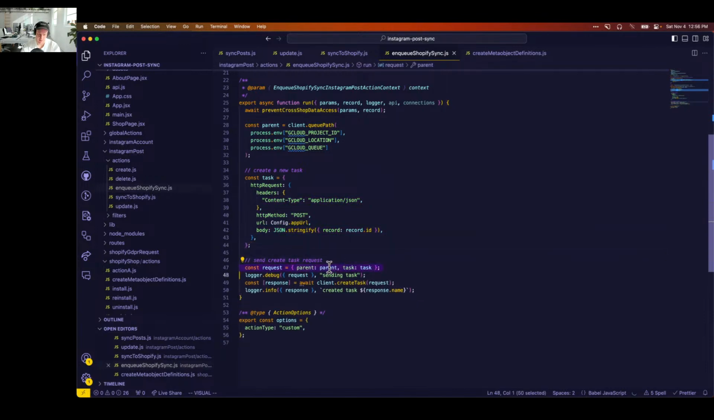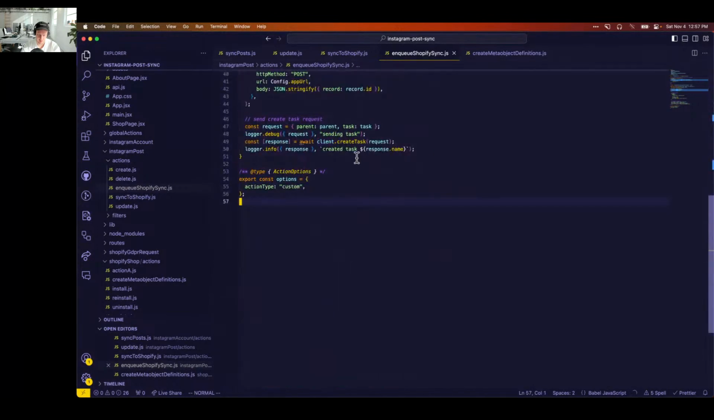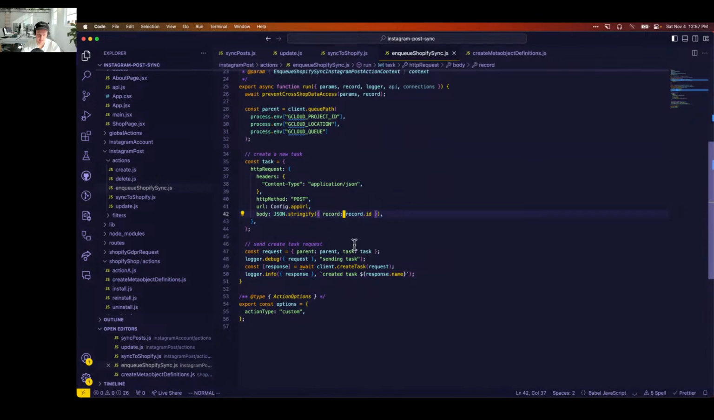Request parent. Oh, right, that's the queue path. And the task is task. Gonna debug. We're gonna send that with the client. We instantiate it up here. And then log that we created it. Nice. Okay, and then the one other thing that I think we should do is I'll show you what the